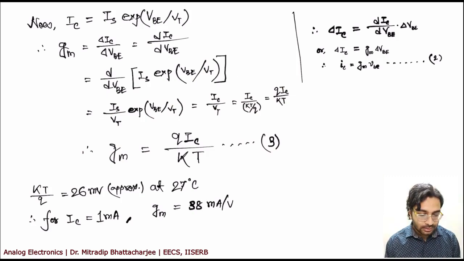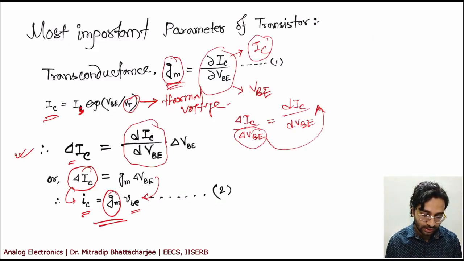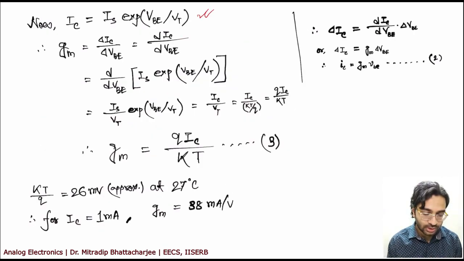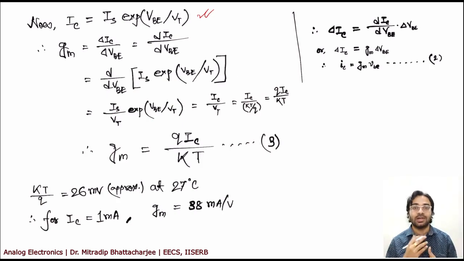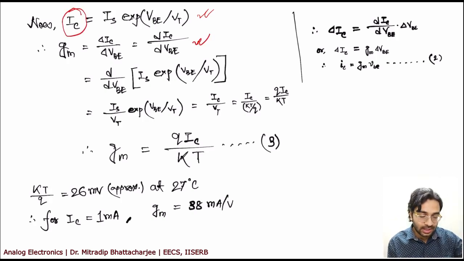Now let us take this diode equation, which I have already shown in the previous part: IC is equal to reverse saturation current IS into exponential VBE by VT. That is the actual equation as per the device, right? Now the GM value is del IC by del VBE, that means dIC by dVBE. Now let us do this derivative. Let us replace this IC using this expression. Now we will get d by dVBE of IS exponential VBE by VT.